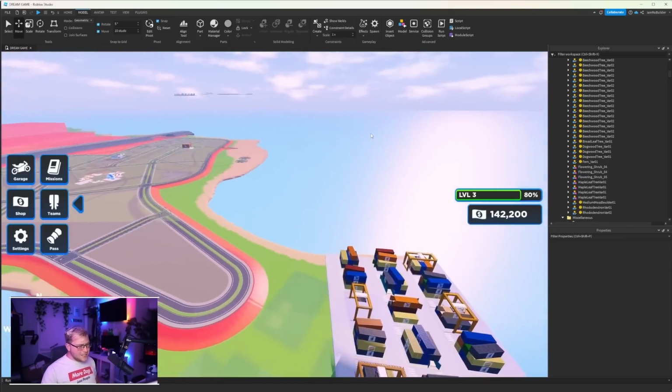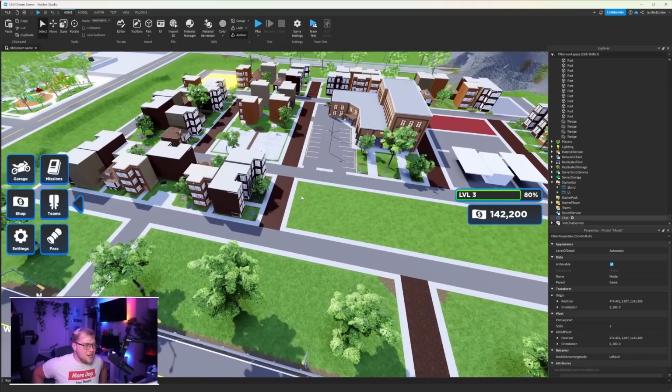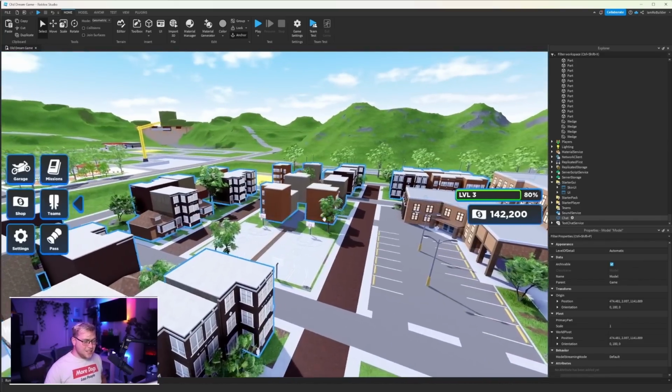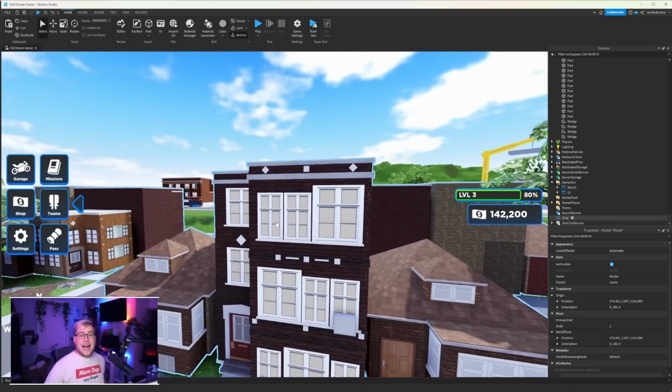But for now, that's a pretty good spot. Now, I do love the little housing section over here. I still don't know what to call this. It's just like the blocks, man. I don't know. It's not the subdivision. It's whatever. I do love this area, but I want to remake all of the houses to be a bit